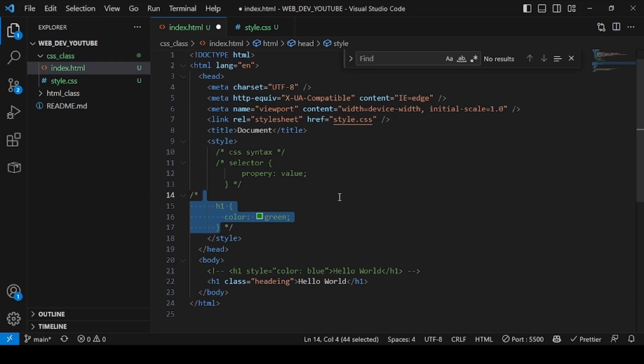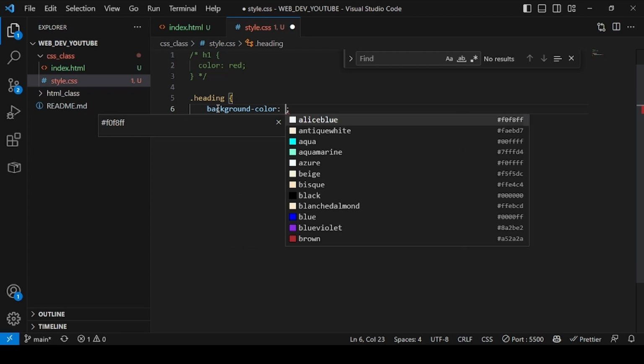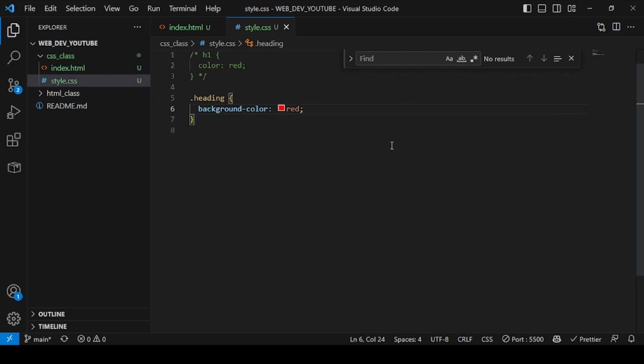So let me make use of my external style sheet. If I come back to my style.css, all I need to do in order for me to select that guy is just to do something like dot heading, and I'll give it a background color of red. So this is another property. So by the time I save and head over to my browser,